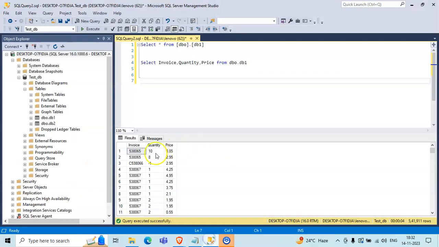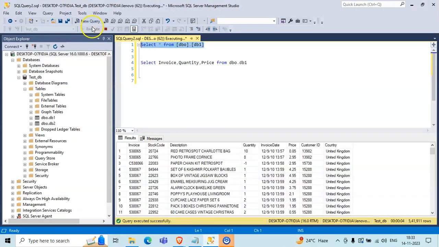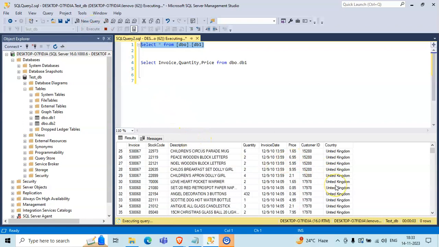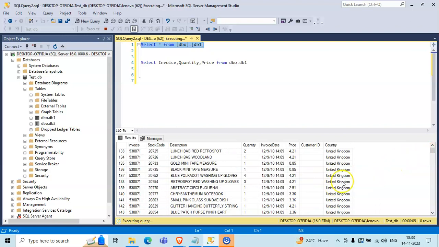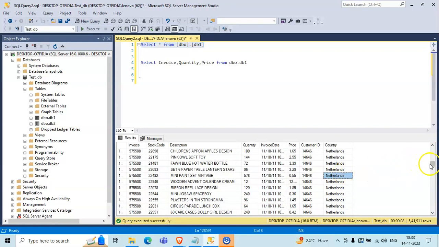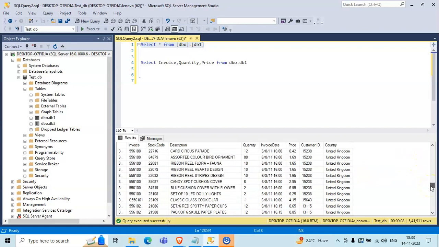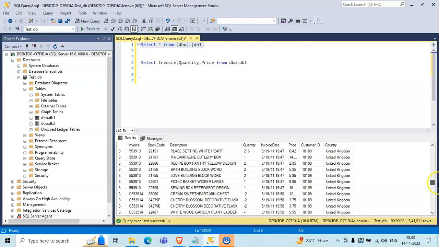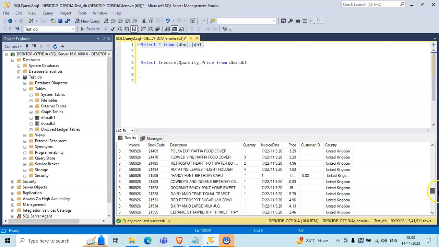So in my table, in my data, you can see we have multiple country names, right? United Kingdom, then we have Netherlands, we have multiple values in the country name column. So we are going to find out for which countries our data is actually present, the unique country names. For doing that, we will write the statement as